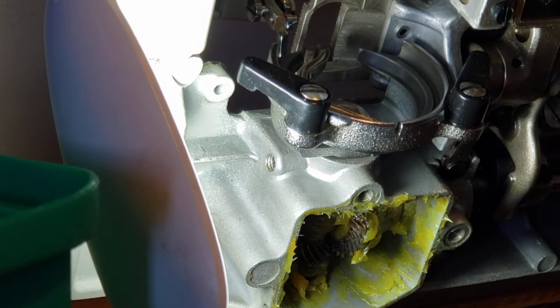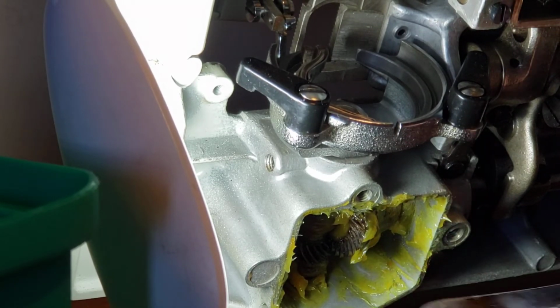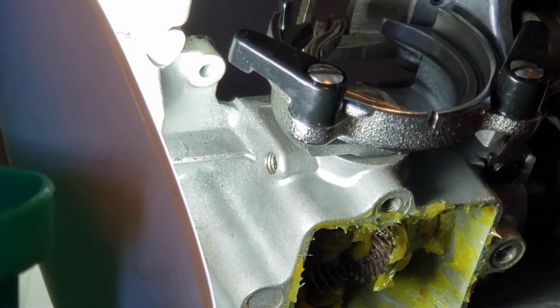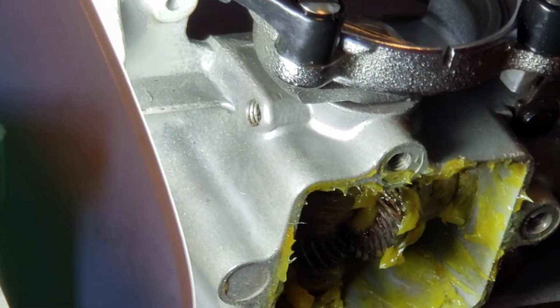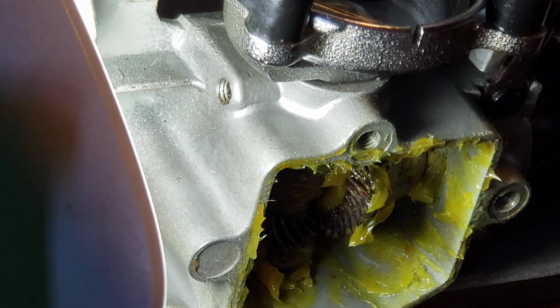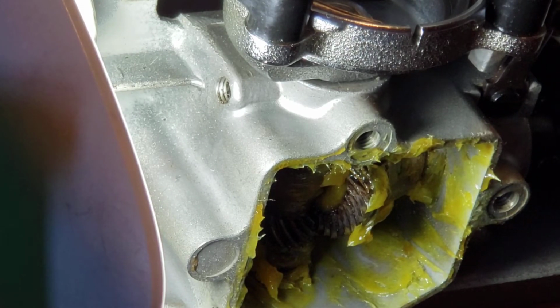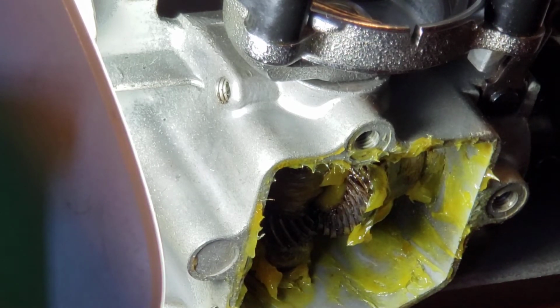Better take off all the grease and put a new one, because I don't want to see this black in the cans. I'm thinking maybe 30 years with this machine or something, and maybe the grease was never changed. So when it starts to be black like that,